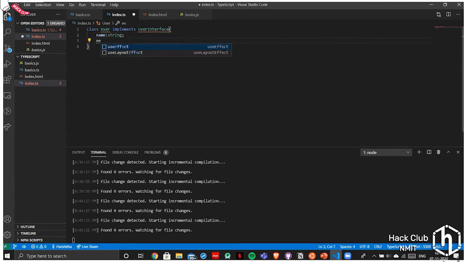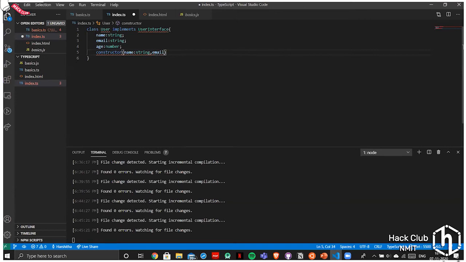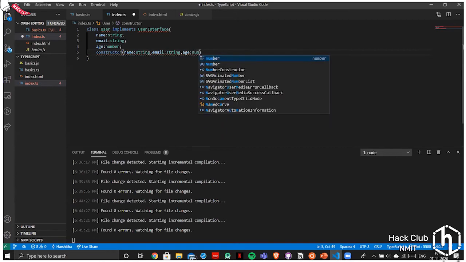We have to take in the name, again, email, and the age. And then we'll use the constructor, called with name string, and email is, again, string, and age is a number.